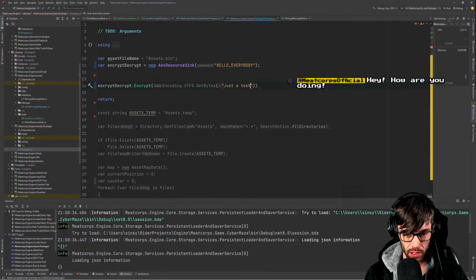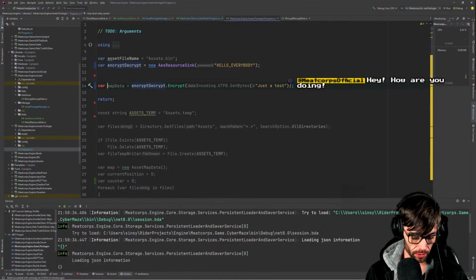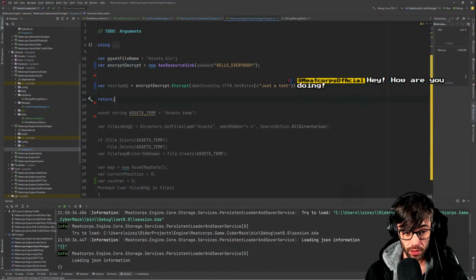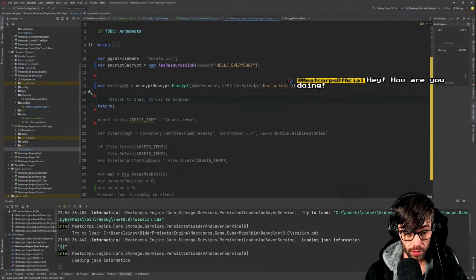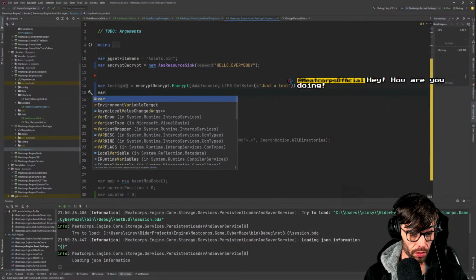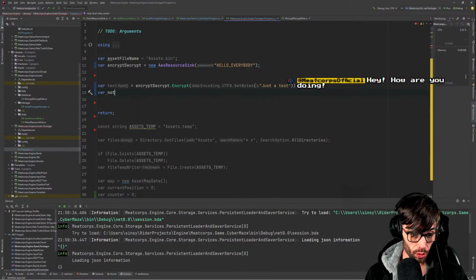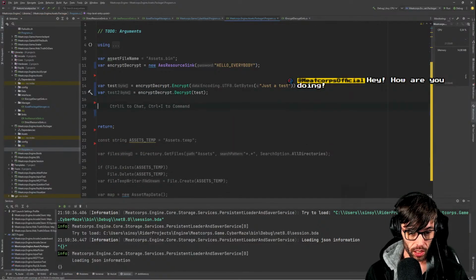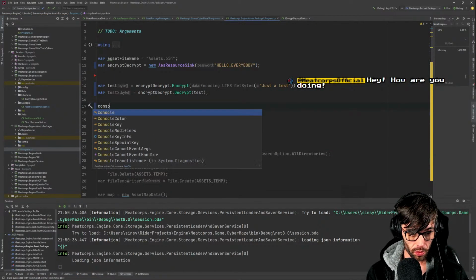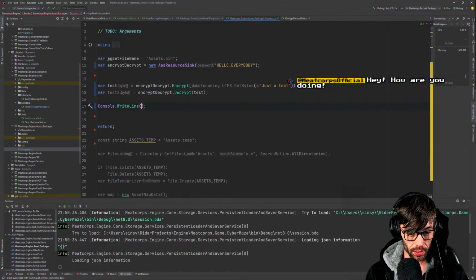Just test. We want to encrypt this. Very secret stuff, I know. Very important as well. Then we're going to have the not test2 decrypt test, and then console dot write line with the